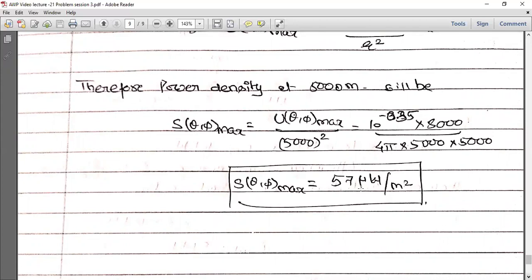You can think of it this way: if you are sending 8 kilowatt power from this antenna, which has this much directivity in a direction, then along that direction, at 5000 meter, that means after 5 kilometers, you will receive a power density of 57 microwatt per meter square. If your antenna aperture is around 10 to the power 6 meter square, in that case you find some 57 watt power. 10 to the power 6 meter square is a very large aperture. So you can think that in antenna theory, we deal with very small powers radiated by the antenna, and what we receive is also very small.